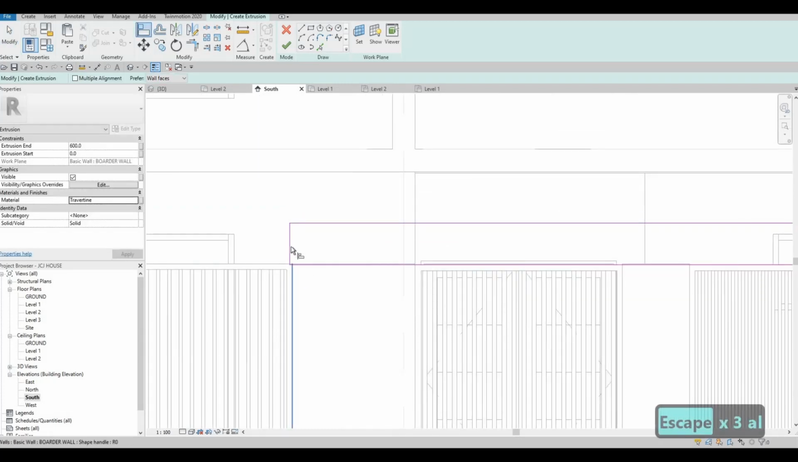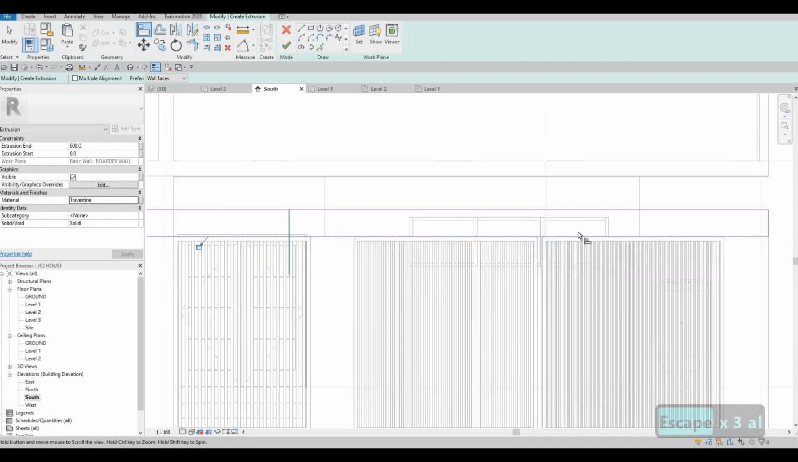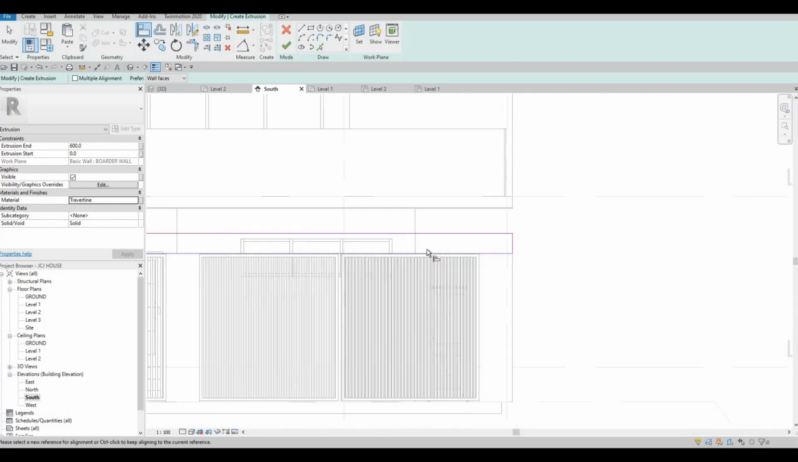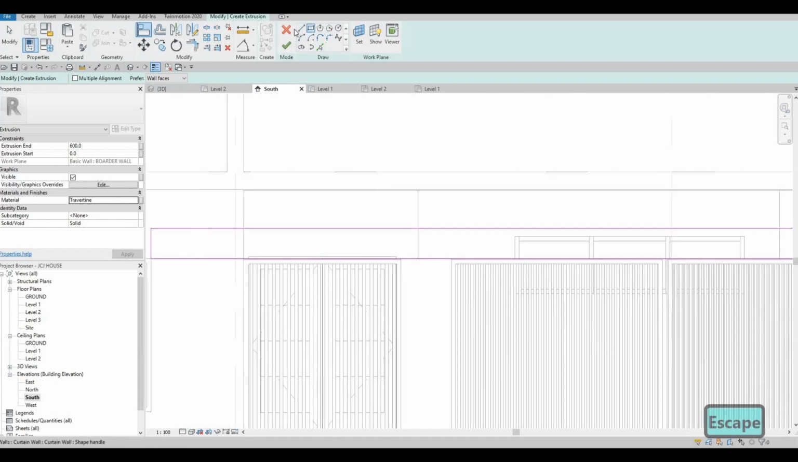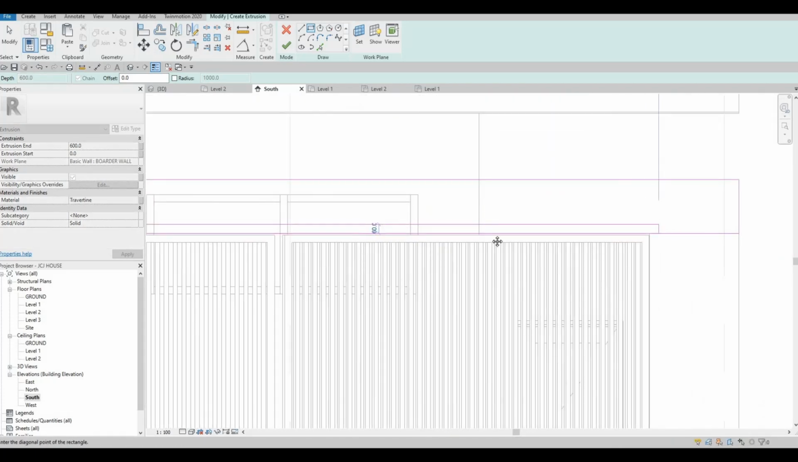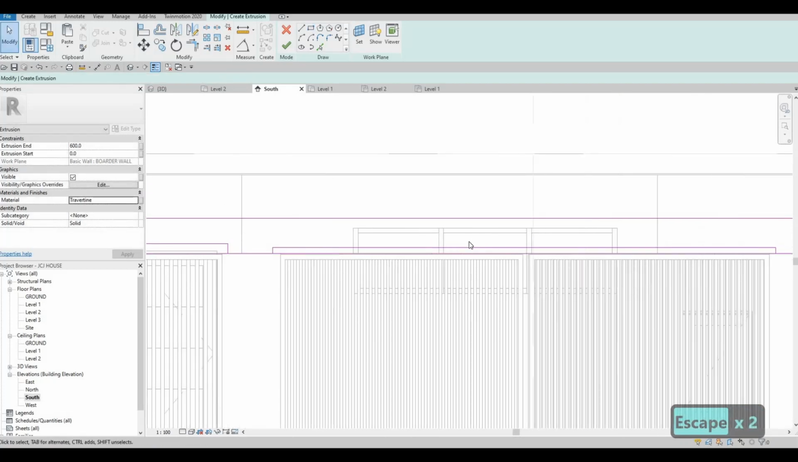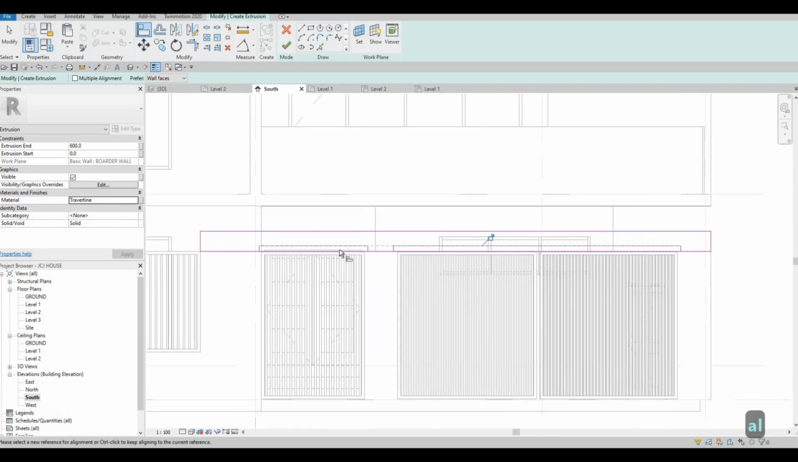I'm going to align this right here and align it at the top and align it right here. I'm just going to add some grooves here and then right here. Going to AL, align that right there,